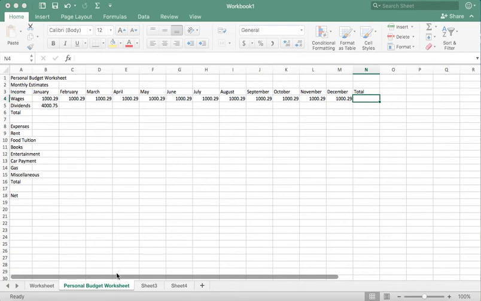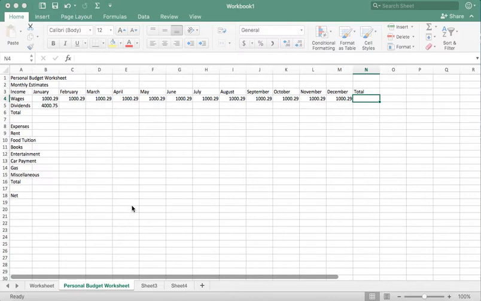You'll notice that I'm working with a second sheet. I've called it the Personal Budget Worksheet. Now, I'm not certain if you have the same example in your book. This is from chapter 1, example 12. And would you believe it doesn't seem to have a page number? How peculiar is that? But anyway,